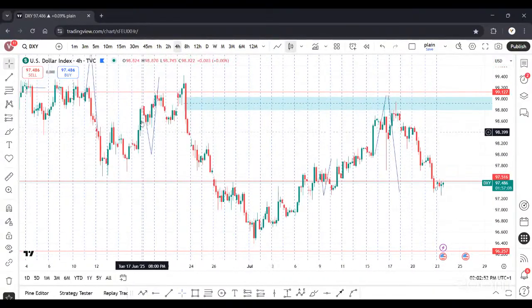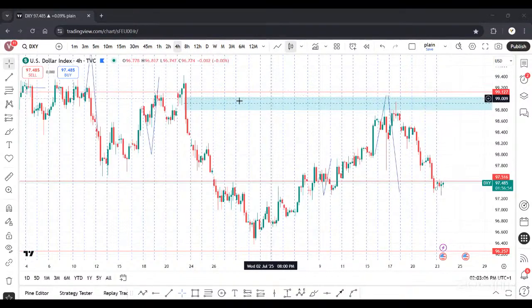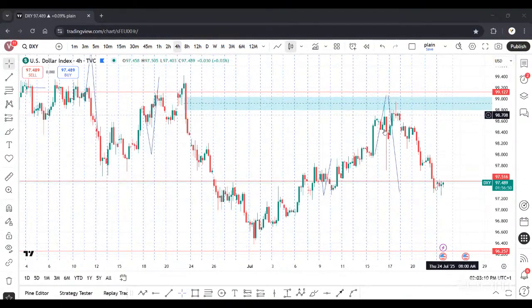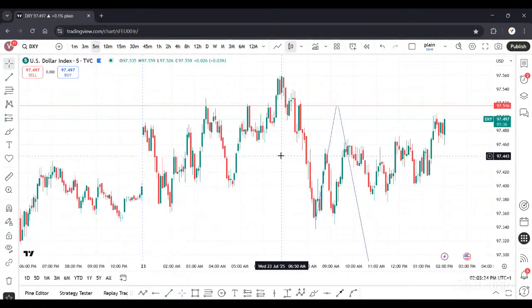Earlier we had this analysis around last week. We saw this box pattern strategy, shoulder at 99.127, sweep to the upside, breaks to the downside. We saw price trade into this region, tapped into this fair value gap, and we're seeing even some push to the downside. So establishing that our direction is bearish,